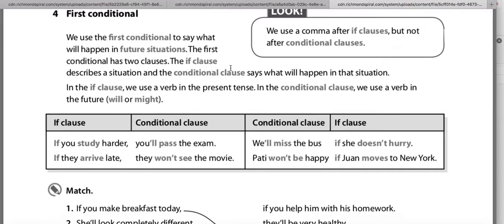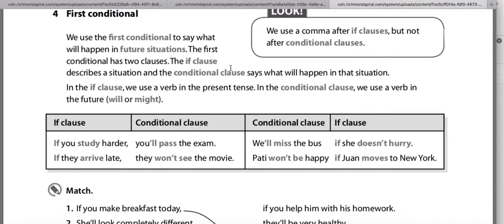Yes, in present. Perfect. This is one difference. Yes, this is one difference. And the first conditional we use when we want to talk about the future. Yes, it will happen in the future situation. Yes, perfect. So we use the first conditional to say what will happen in a